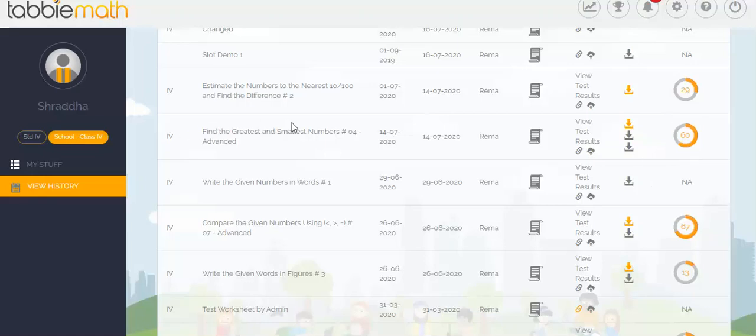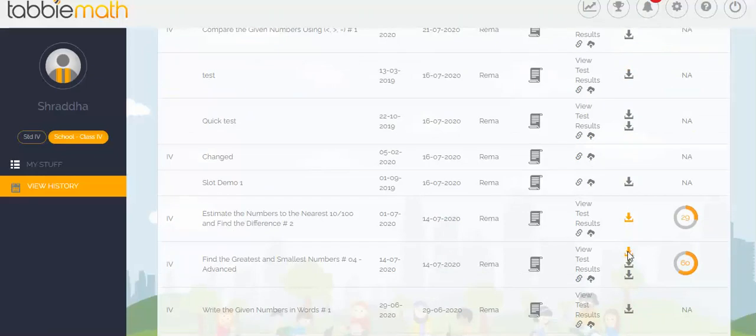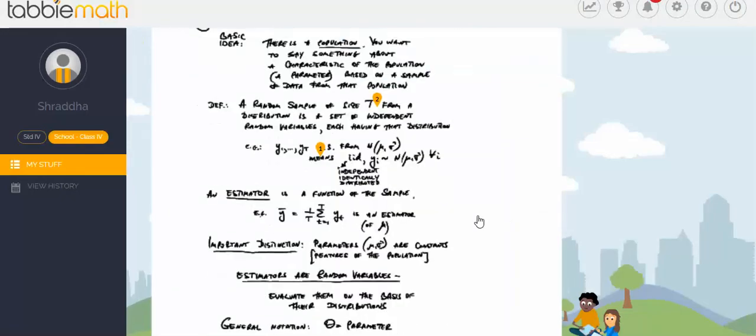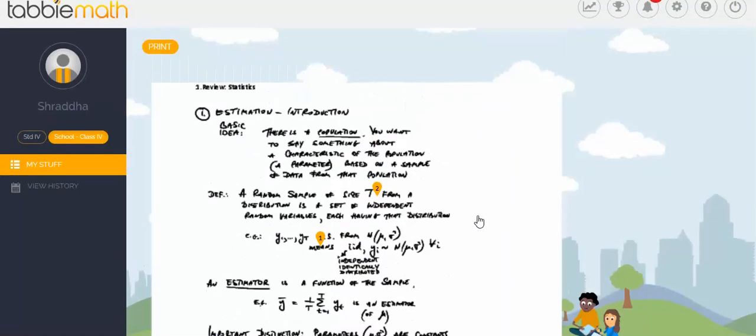So in this assignment, as you can see, this assignment was marked complete. The student has received their percentage. They can see all the files that were uploaded and also see any comments that the teacher has given them. When a student clicks on the file, the student can see the comments that are given by the teachers. They can print this page as well, which will print both the file as well as the comments.